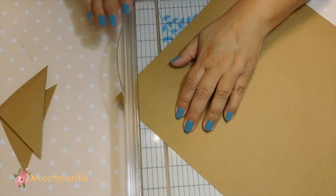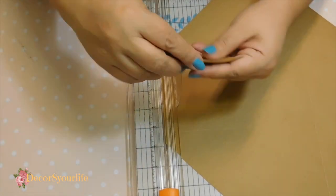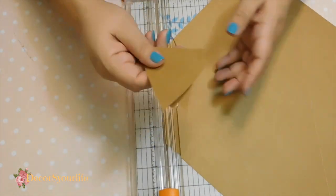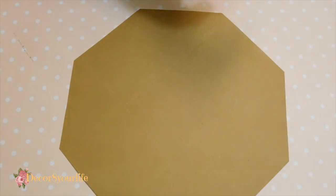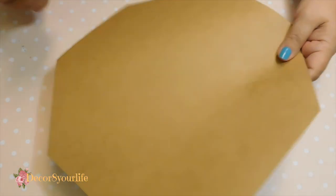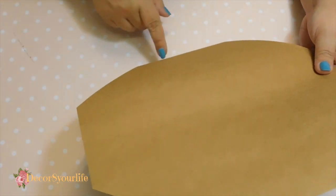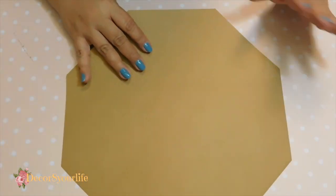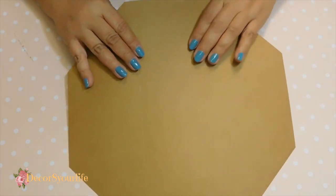Goes there, that one goes there. I think it's a good match. Okay. So now that we have all 4 pieces, 4 corners cut off, you can just toss these out. I'm not going to be using these. So your paper is going to look like this, okay? Kind of like a hexagonal, 1, 2, 3, 4, 5, 6, 7, 8, actually an octagonal. So anyways, now that we have those corners trimmed, we are going to